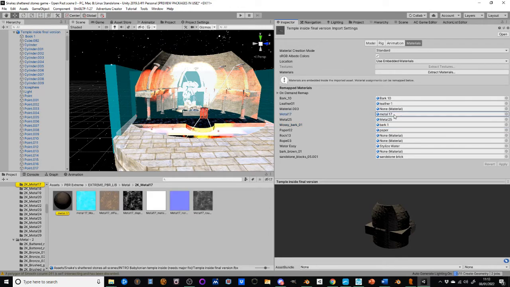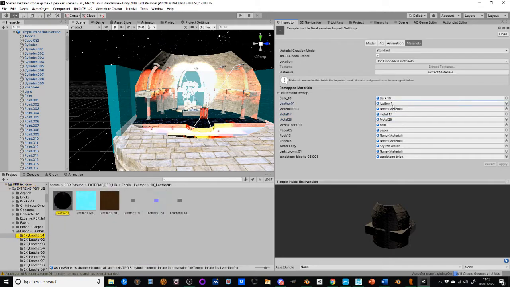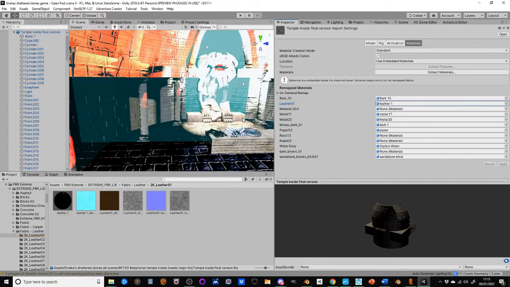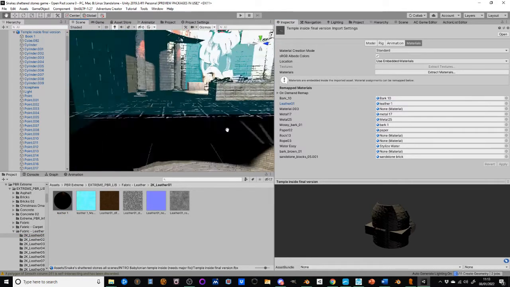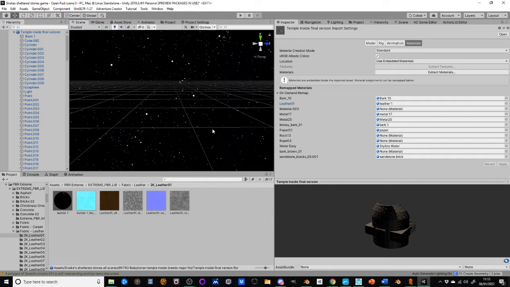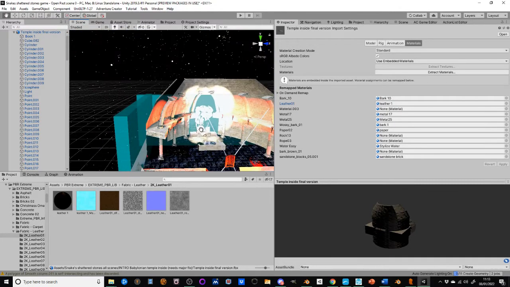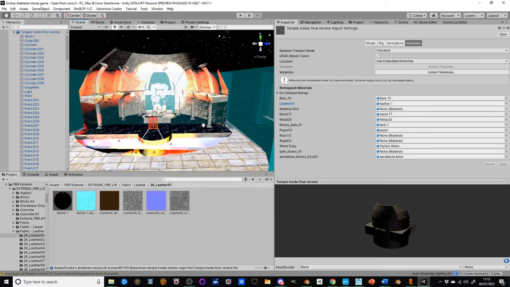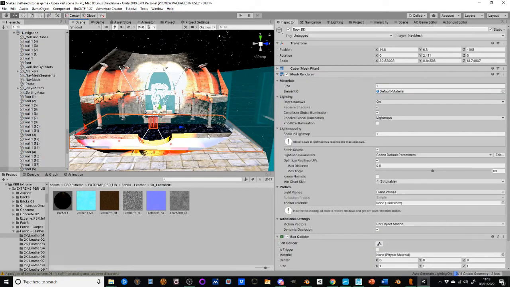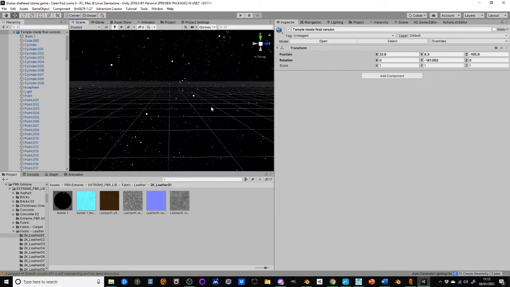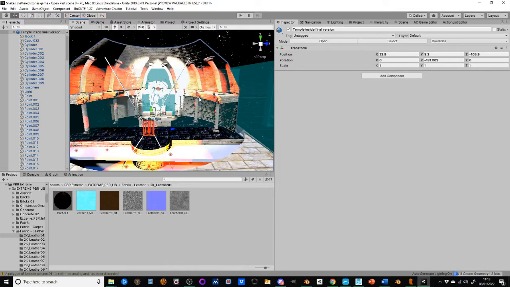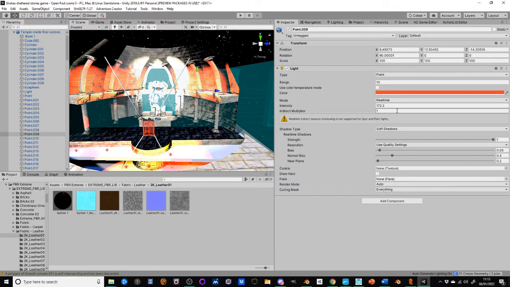Metal 17, it's fine. What am I missing? Yeah, so that's just missing materials, but first, because I can't see what's happening here, I'm gonna just regulate these